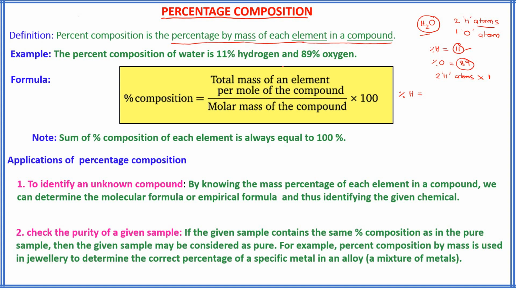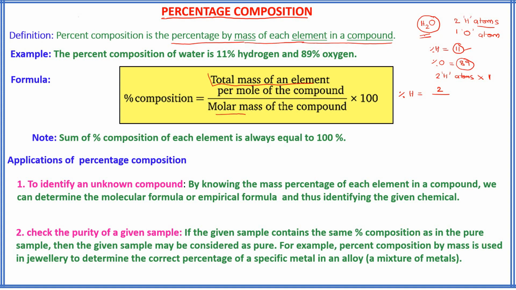Now total mass of element, isn't it? See how much? 2 is the number of hydrogen atoms, 1 is the atomic mass. How much will it be? 2. Now molar mass of the compound. Here molar mass actually means the mass of 1 mole of the compound. So here I'm not taking 1 mole. In the next problems we'll take 1 mole. Simply I will take the molecular weight of this molecule. Simply I will take an easy problem.